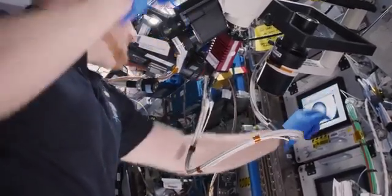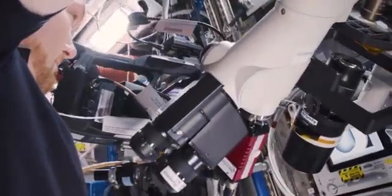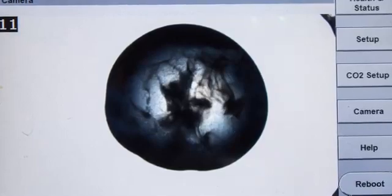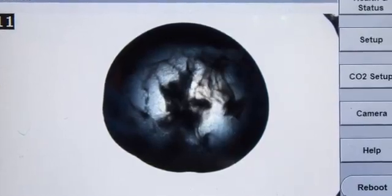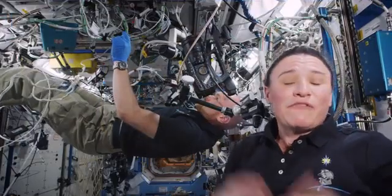And he's actually interacting real time with the principal investigator on the ground to look at the crystal structure, to help improve the lighting and the clarity, and then also take pictures, which will then be sent back down to the ground. So here on board Expedition 57, we're very proud to be taking